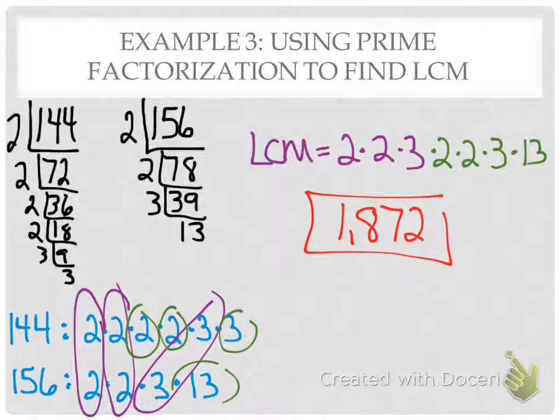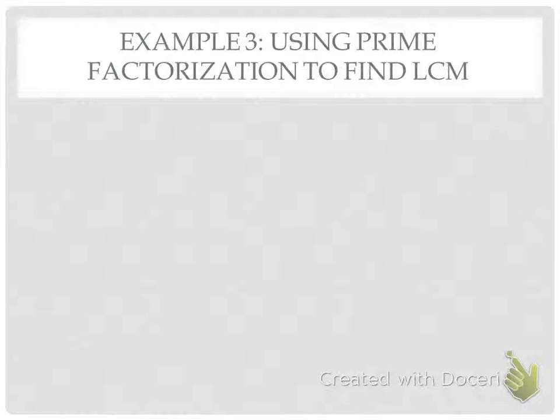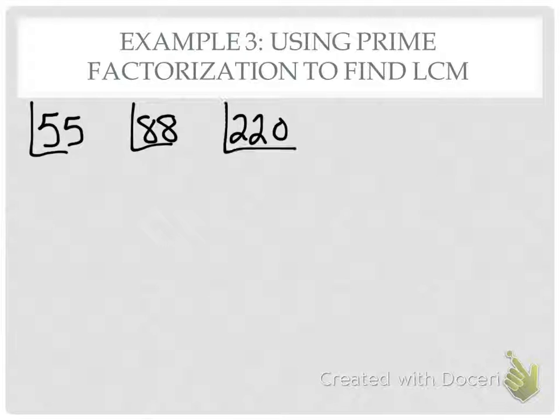Now, it's a little different, and I need you to pay very close attention. Here's where we have an exception to the rule. When we are doing the prime factorization, this is where it's going to differ a little bit from GCF, when we're doing the LCM through prime factorization of 3 or more numbers. So I want you to start by doing the prime factorization of these 3 numbers and listing out your prime